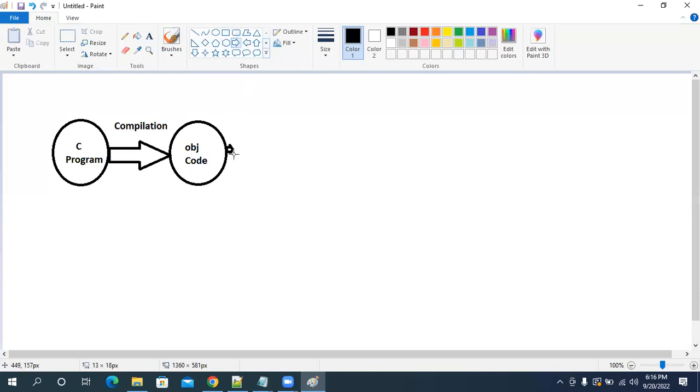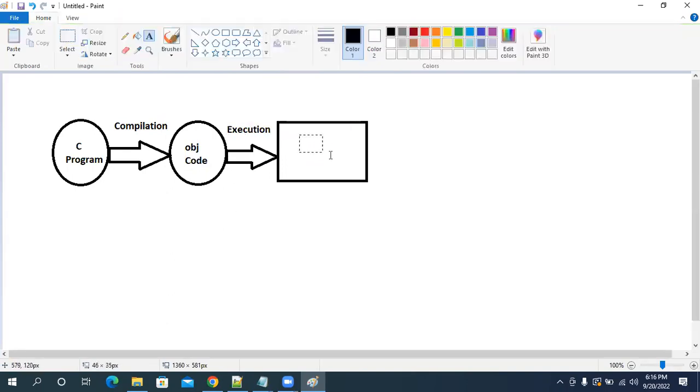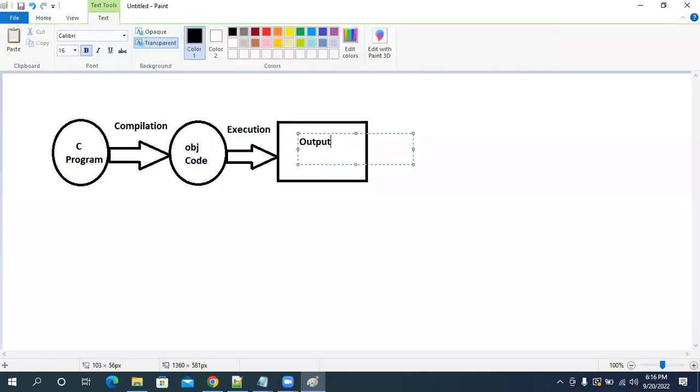Once the program is compiled, we need to run that program. So compilation is required and execution is required. Whenever we execute the program, it gives the output.